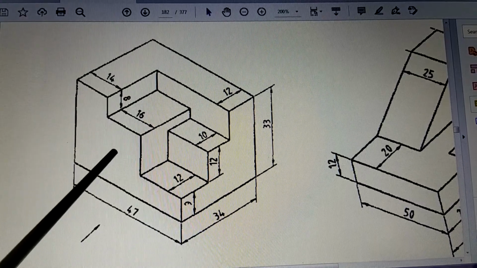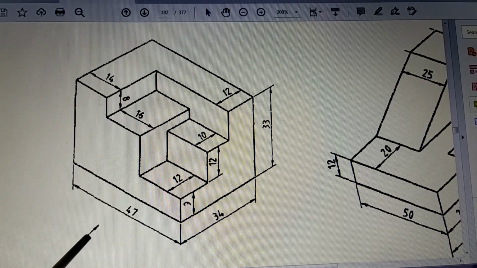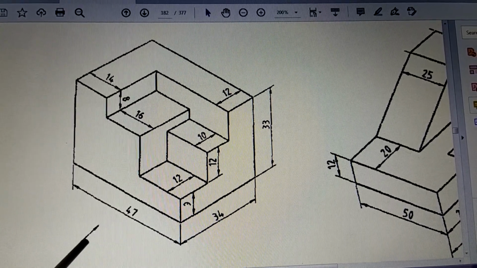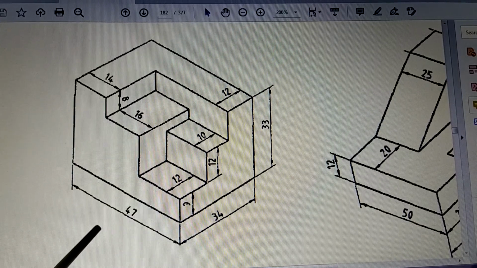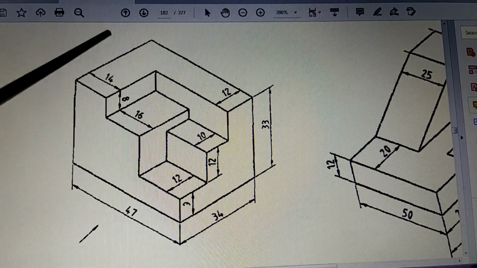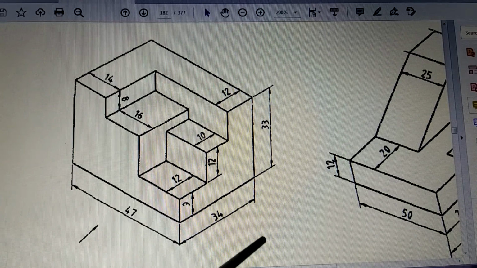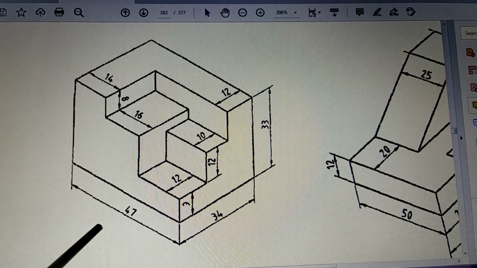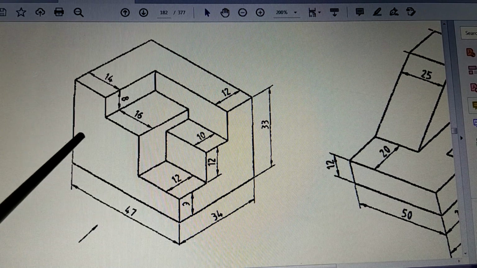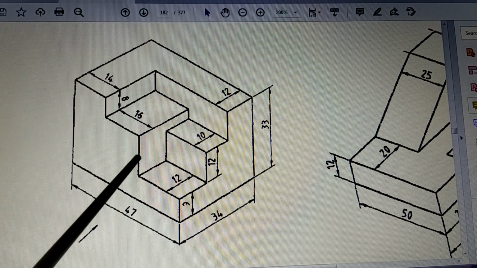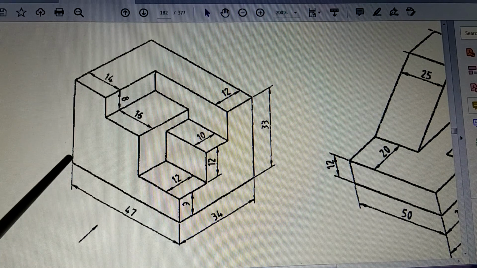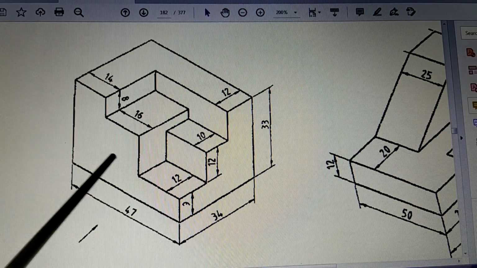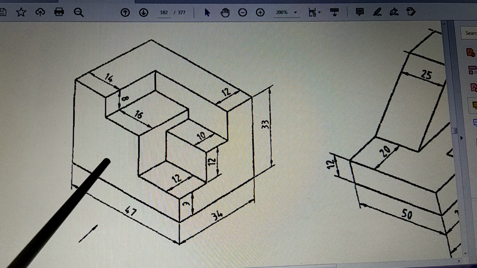This is the object. As usual, we are given the direction of viewing. When you see in this direction, that will be your front view. According to that, when you see from above, that will be the top view. And when you see from this direction, that becomes the right hand side view. So when you see in this direction, what are the different things you are going to see? What is very clear is that this is the front surface, unobstructed. So this will be seen.